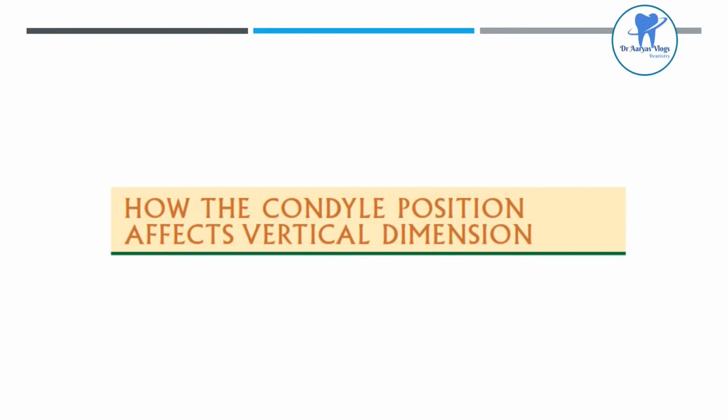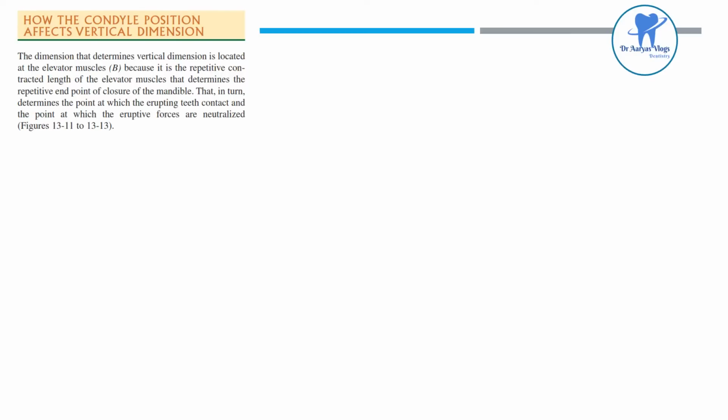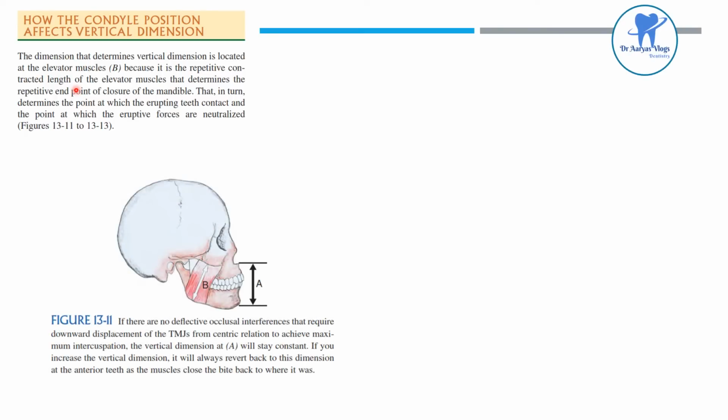How does the condyle position affect vertical dimension? It is because of the elevator muscles: the repetitive contracted length of the elevator muscles determines the repetitive end point of the closure of the mandible. In turn, it determines the point at which erupting teeth contact and the point at which the eruptive forces are neutralized. So in this picture, if there are no deflective occlusal interferences which require downward displacement of the